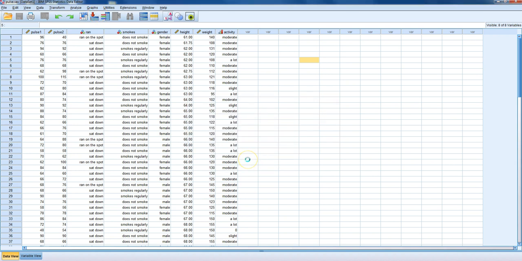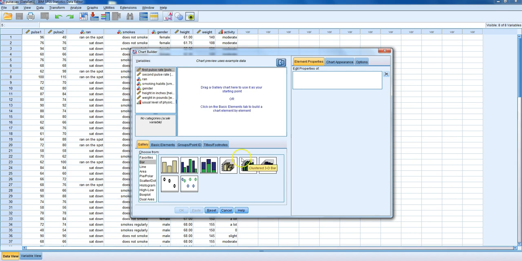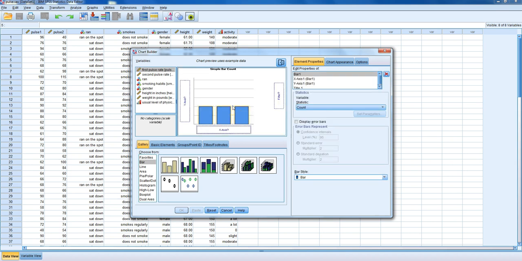Then click OK. And then in the bottom left hand side, click on Bar and then drag the first picture up to this window here. Now on the x-axis we can drag the variable which we're interested in. So let's say, for example, we're interested in physical activity. So we drag physical activity down to the x-axis,